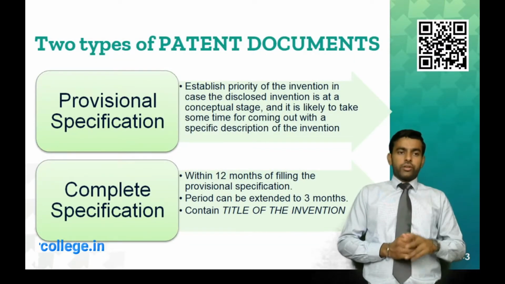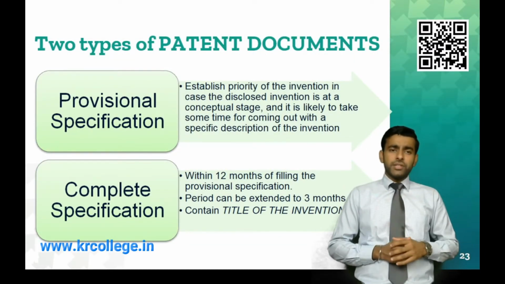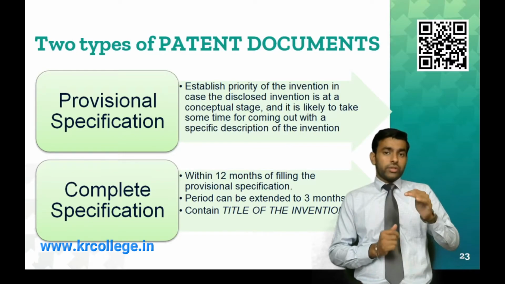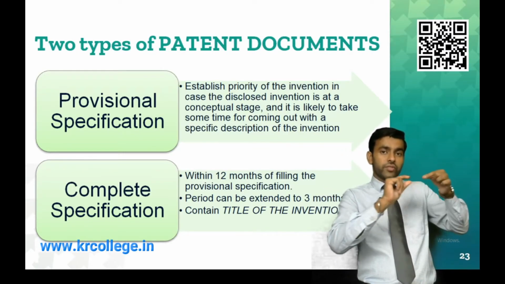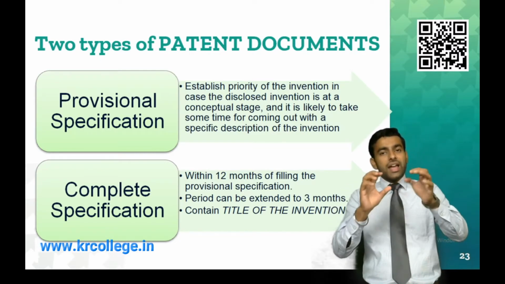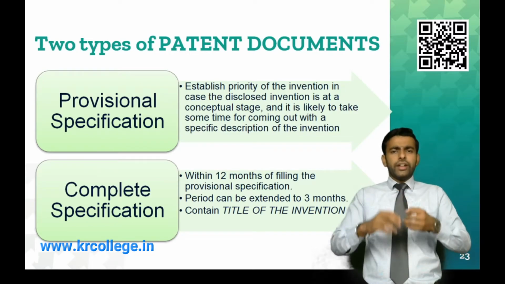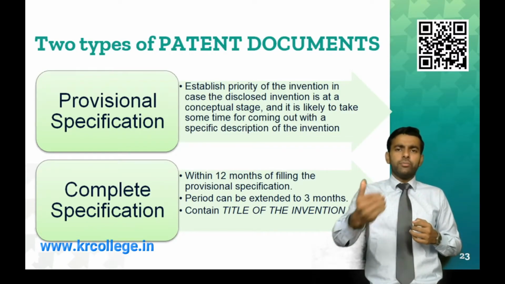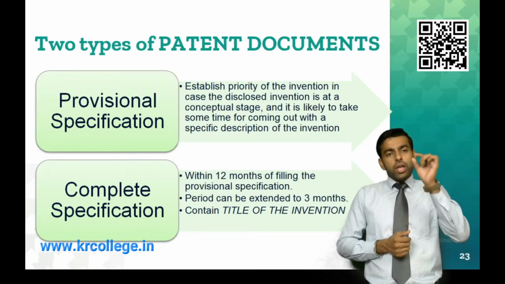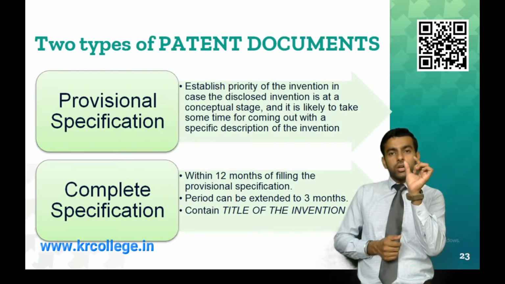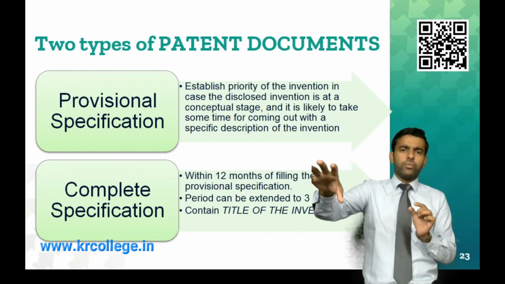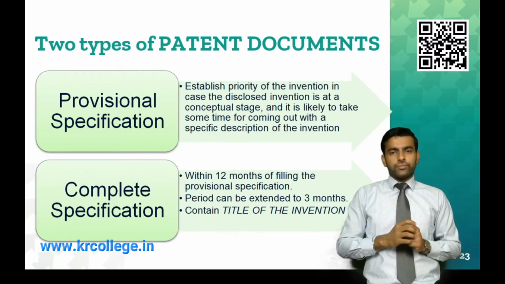Now, there are two types of patent specification. This is important: provisional specification and complete specification. What does provisional specification mean? You know that idea to opportunity phase, there's a stage named the concept stage. So if your idea, your invention is at the concept stage, where it is still under process, but sooner or later it will get material form, or you will be able to make the invention. If you have something at the conceptual stage, like right now I only know that it will happen like this, and I'm confident, you can take that provisional specification.